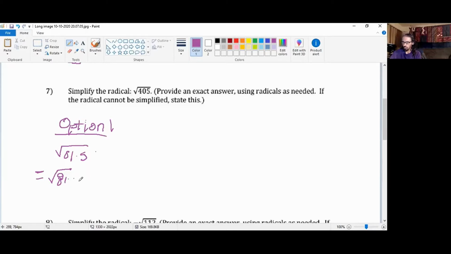So we've got square root of 81 times the square root of 5, and that's going to give us 9 times the square root of 5. Now, second option here, if you didn't recognize that 81 is the largest perfect square that goes into 405, well,